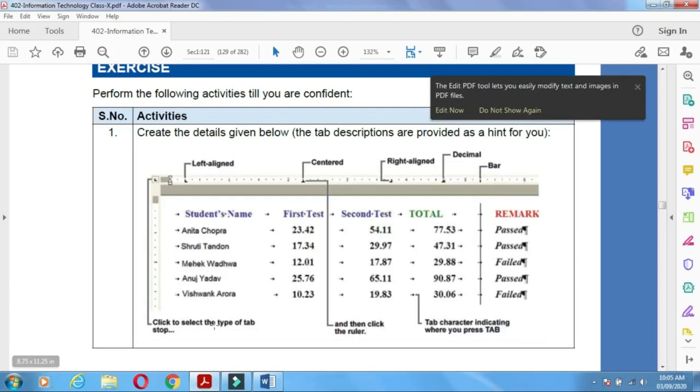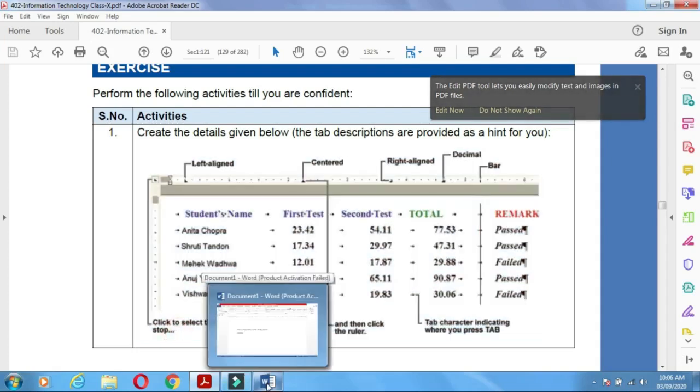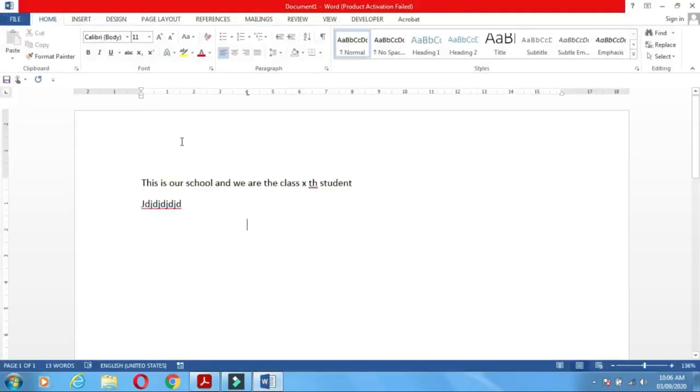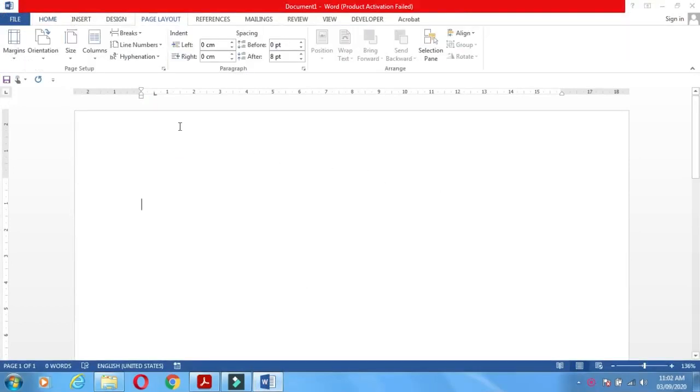Click to select the type of the tab stop here. Okay, you can choose. Here you can start your tab from this position. If you click here, the left tab will be selected.